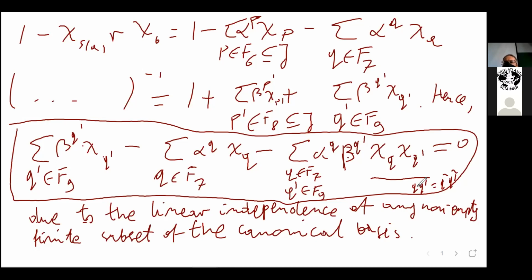Okay, if I could present it in a different way in this sum, so that I can hope for some cancellation. But no, that's impossible because then I have Q equal to Q tilde and Q prime equal to Q prime tilde. So this particular longest path, there might be many other longest paths, but they are not the same as this one. So this longest path appears only once in that sum. And since it appears only once in that sum, it cannot be cancelled by anything in that sum. Remember the linear dependence. It cannot be cancelled by any element in the first two summands. So this must vanish. And we get a contradiction because